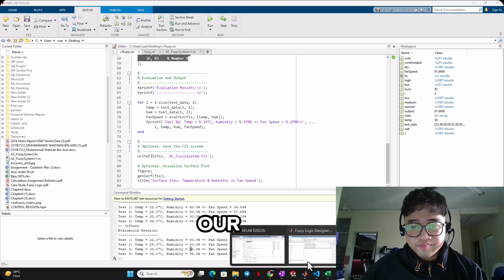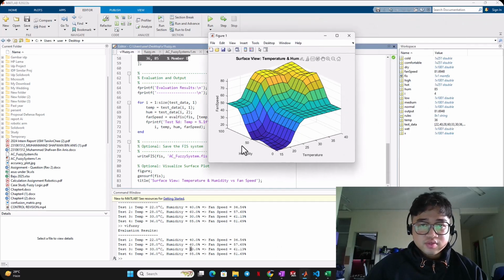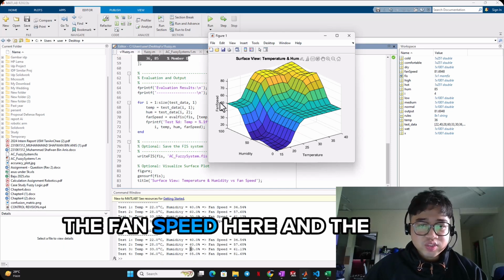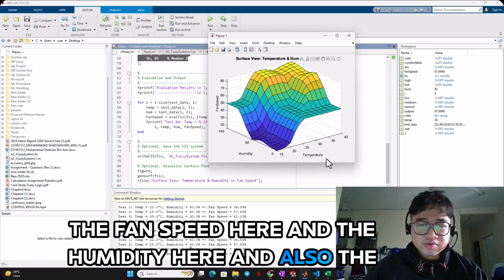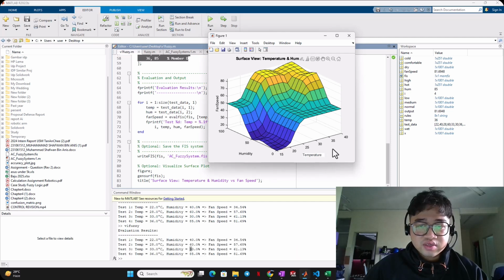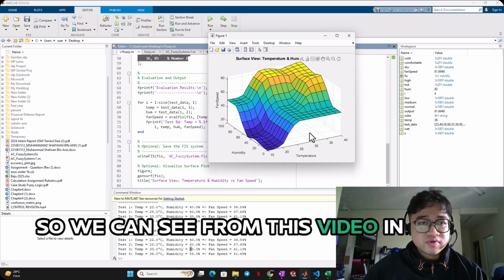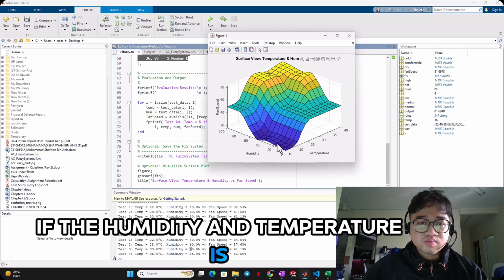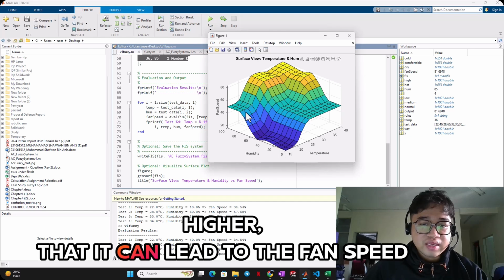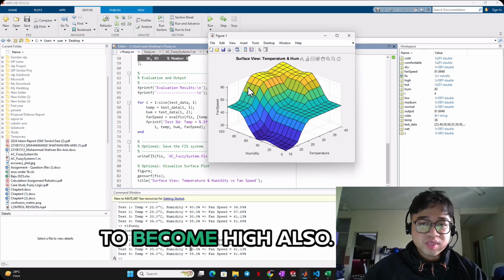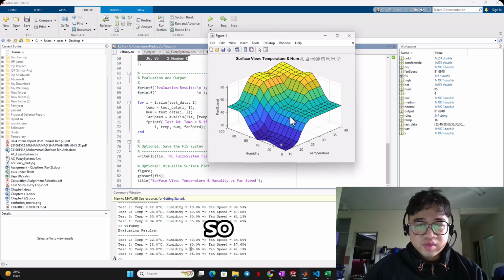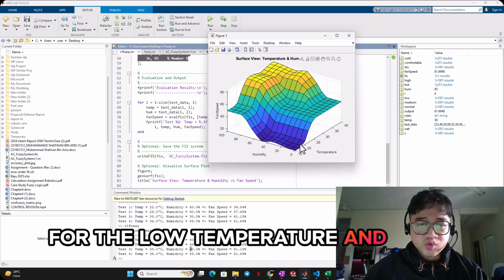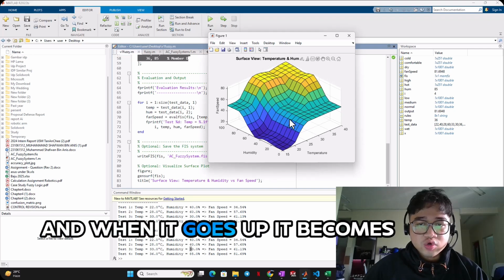Here we can see our surface view. We have three variables: the fan speed here, the humidity here, and the temperature here. From this view, in summary, if the humidity and temperature are higher, the fan speed also becomes high. At the bottom is the low temperature and humidity, and when it goes up